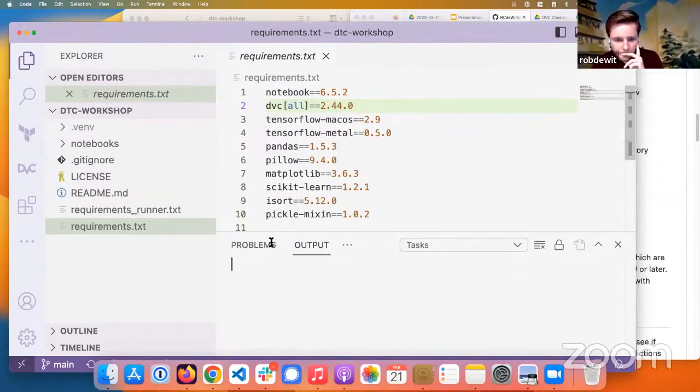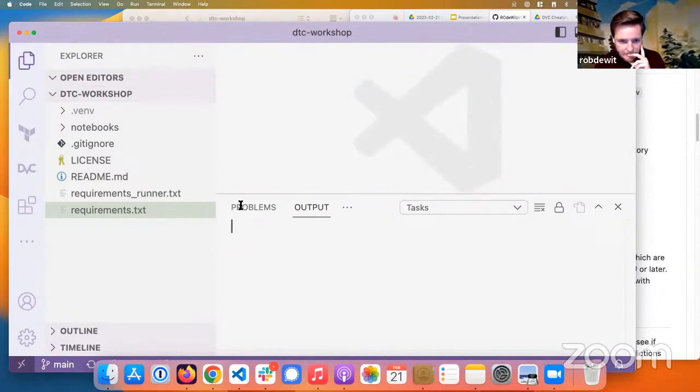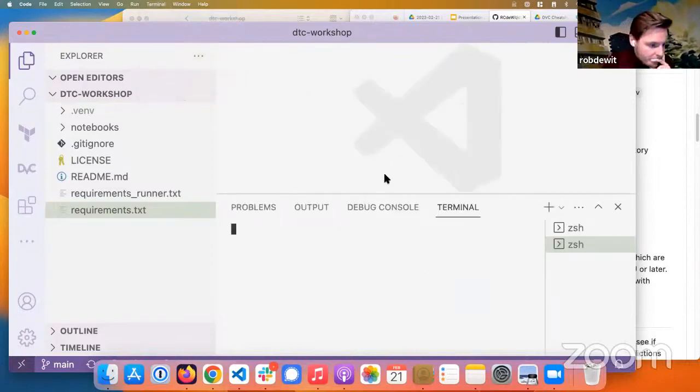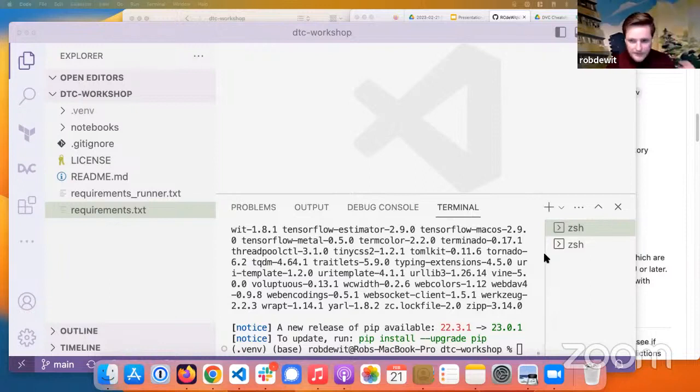Okay, so let's see, where were we? We were installing. So as you can see here, we installed our packages. And from there on out, we can continue. And we need to download the data. So if you are following along,